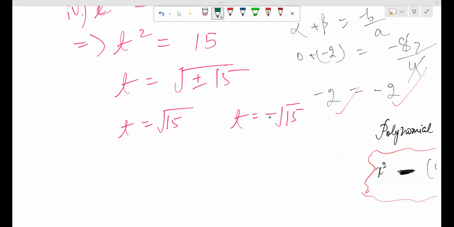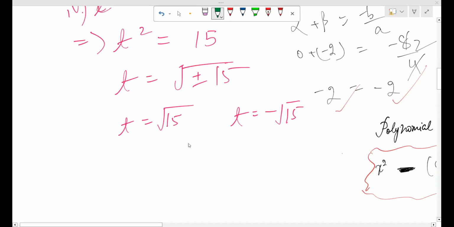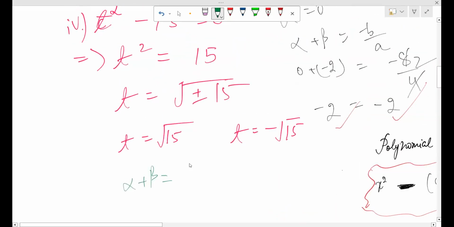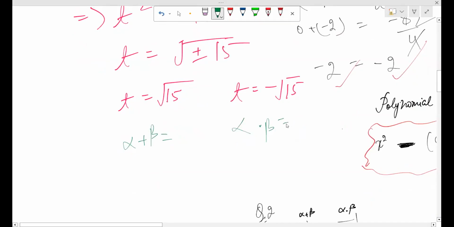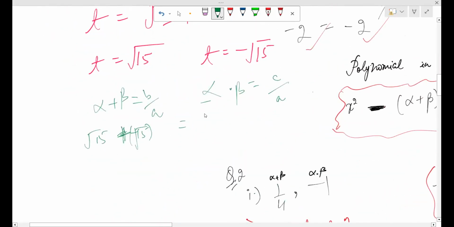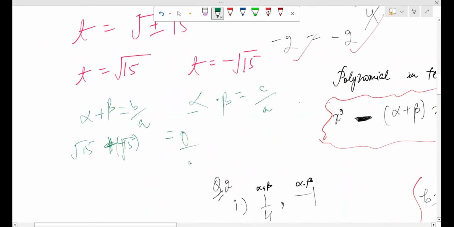Is it -15/1? क्या, is it -15/1? फॉर व्हाट। For p is equals to √15. अल्फा प्लस बीटा पे कितना आया बताओ, और अल्फा इंटू बीटा पे कितना आया। दिस वन इज माइनस बी बाय ए, दिस वन इज सी बाय ए, है ना। अल्फा है रूट फिफ्टीन, दिस वन इज -√15। Equals to और -15/1. बी कितना है, बी तो है ही नहीं इसके पास, तो 0 अपॉन 1।